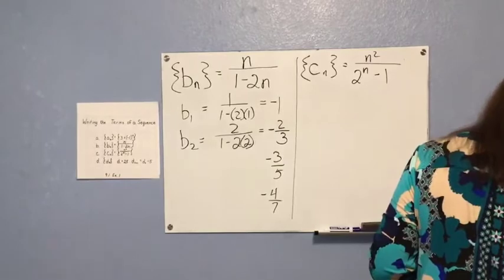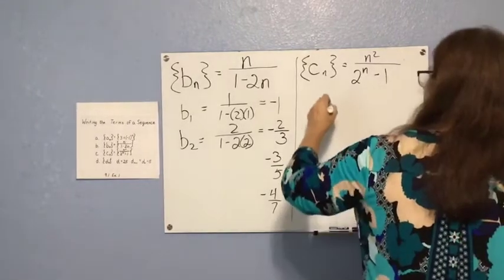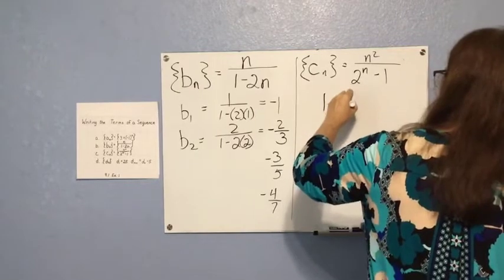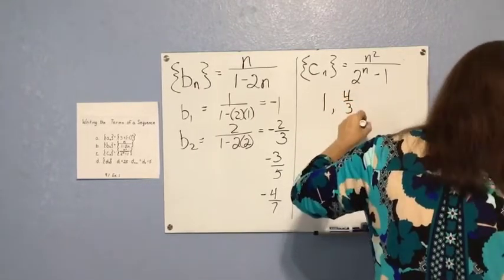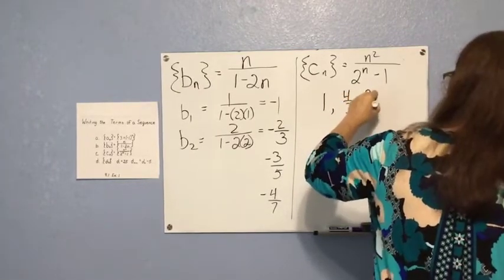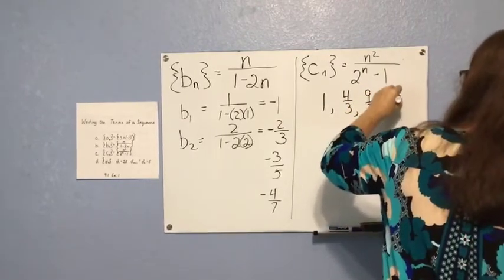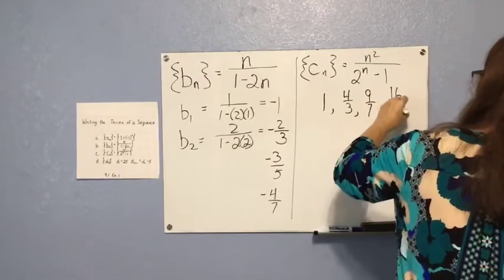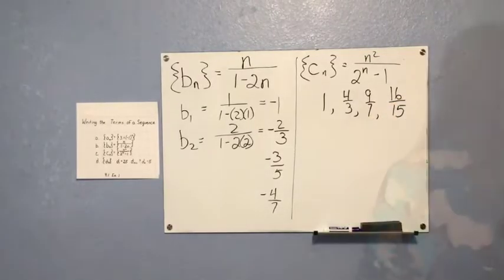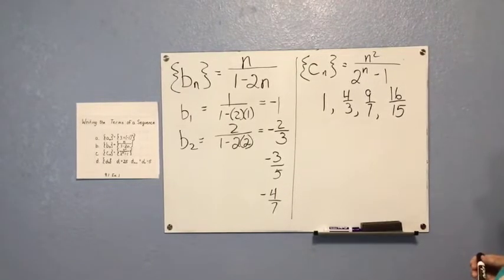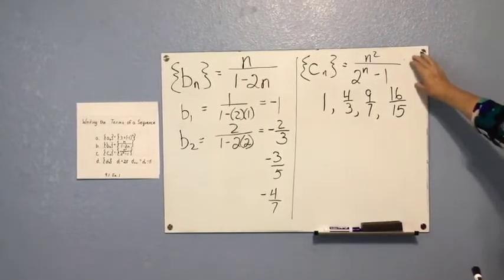And for this sequence, we have 1, 4 over 3, 9 over 7, and 16 over 15. Okay, and these sequences that we've looked at so far have been written very much like we write a